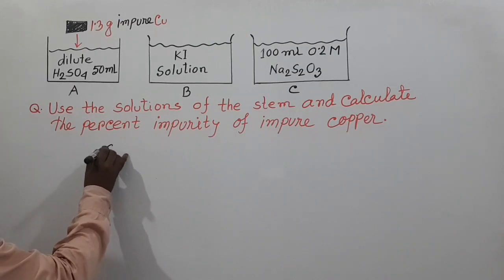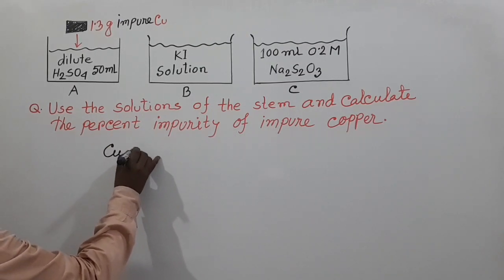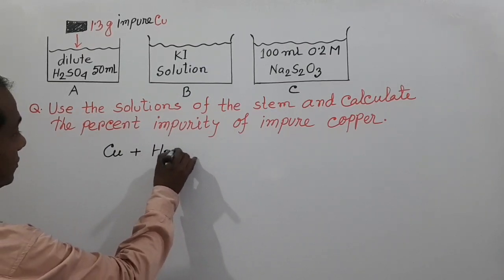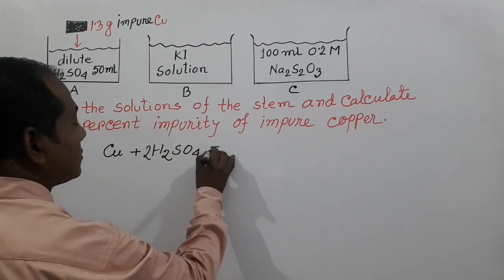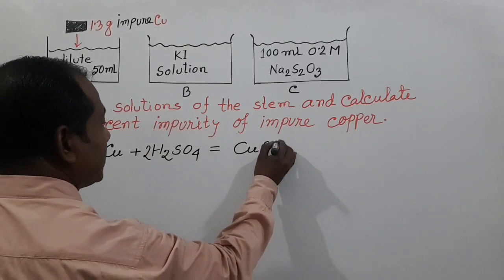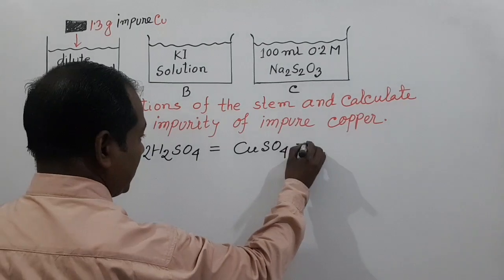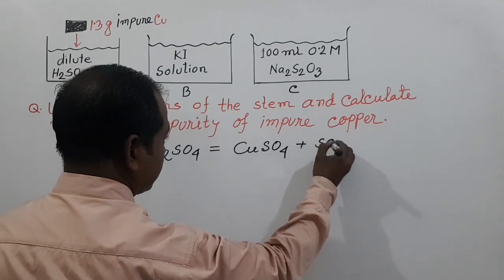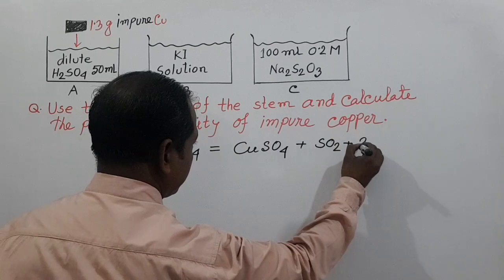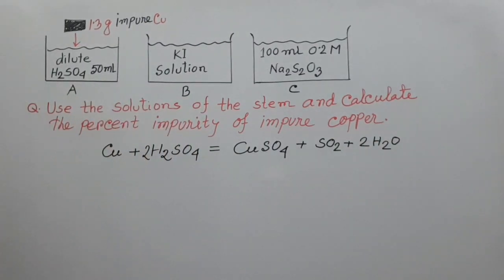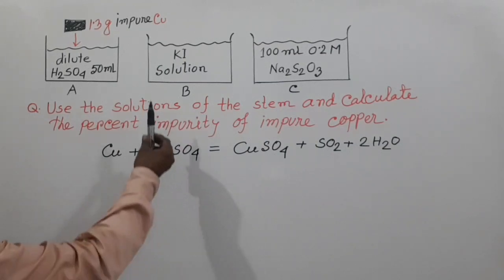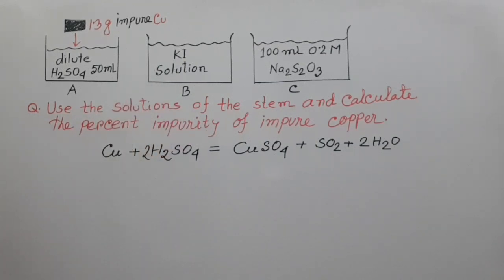That means copper plus sulfuric acid, here we get copper sulfate plus sulfur dioxide plus 2H2O, and the reaction of copper sulfate with potassium iodide solution,